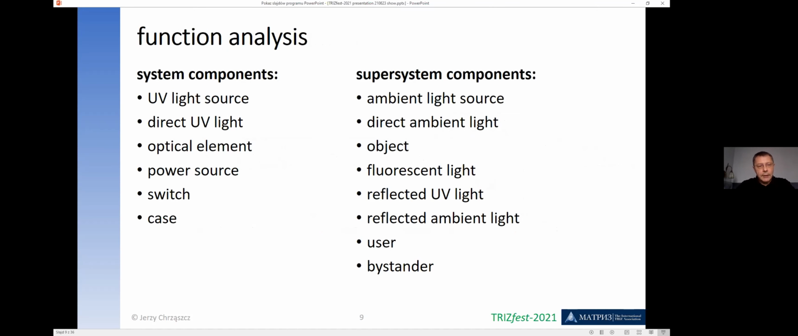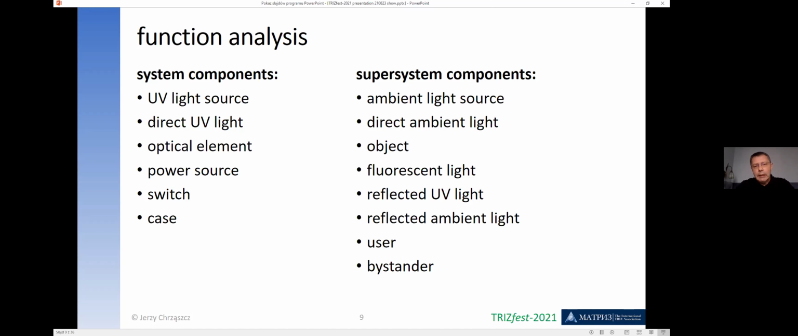For function analysis, the system was decomposed into UV light source and UV light, called direct UV light to differentiate it from reflected UV light. Also, the other components of the system are optical element, as you can see, power source, switch, and case. In the super system, we have some material components, such as ambient light source, object, user, and bystander, and also some field components, I mean,